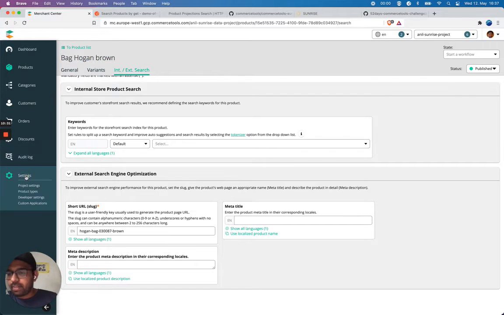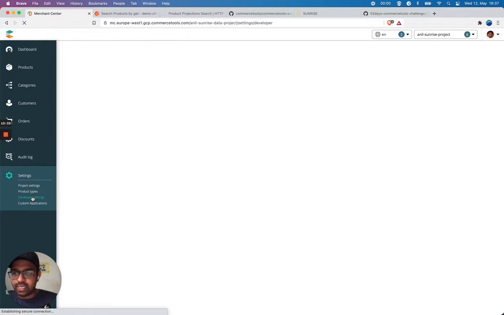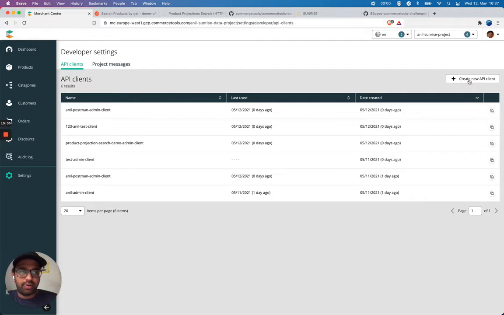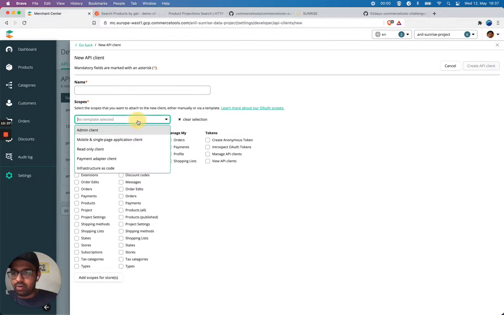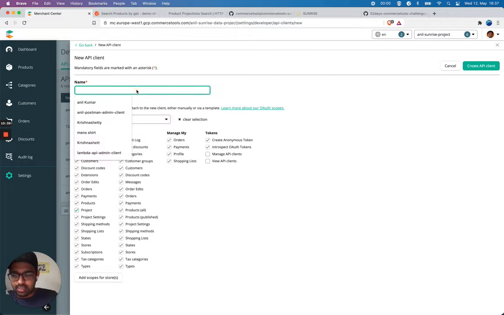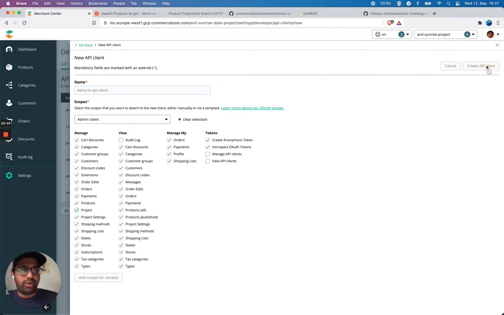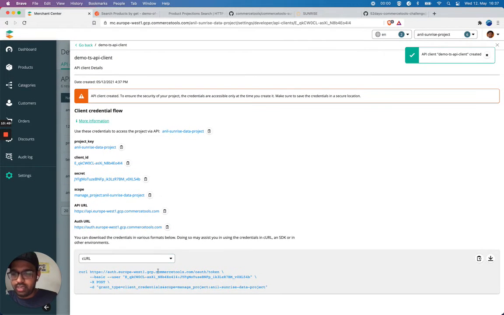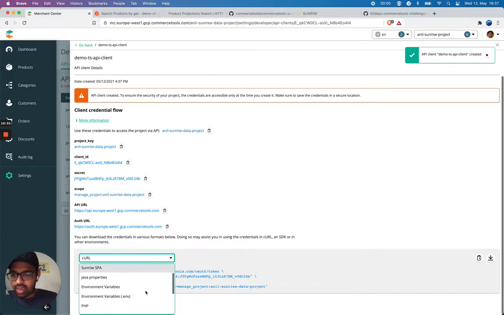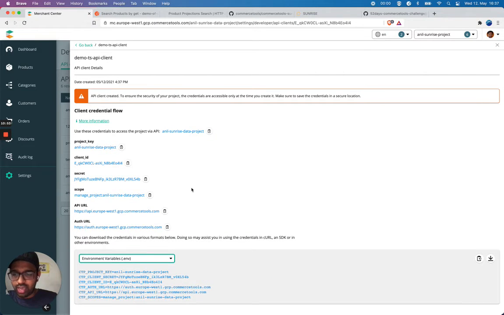I'm going to go to developer settings. I go here, and I'm going to make this admin client. Demo TS API client. So I'm going to create this API client, and now I have environment variables with .env. I can download it, but I can also copy them. But let's follow the